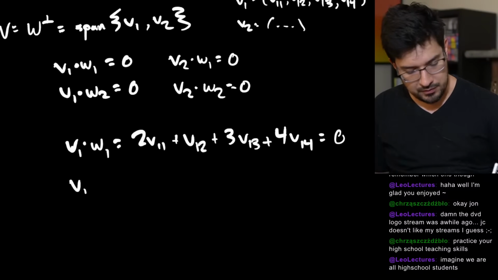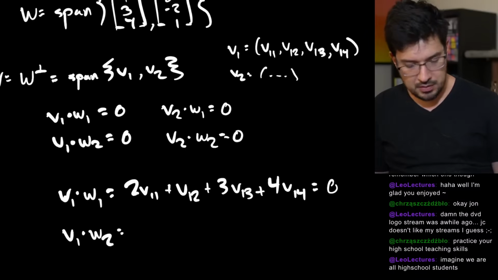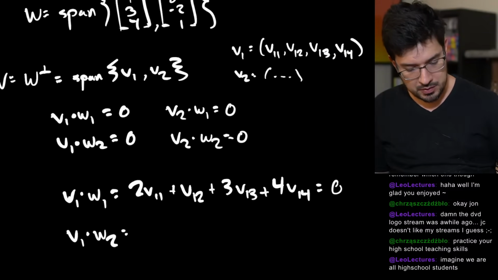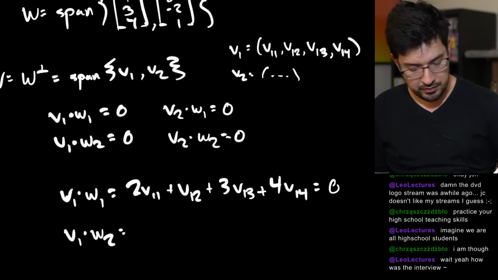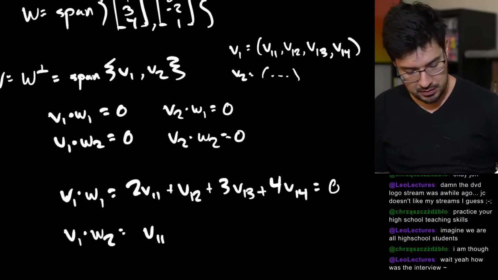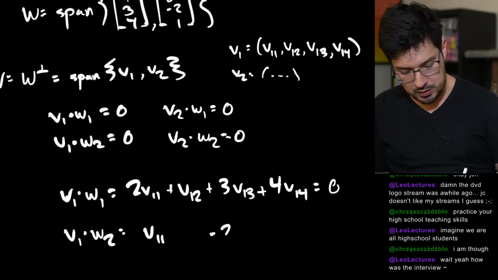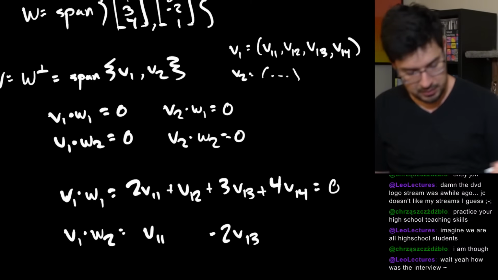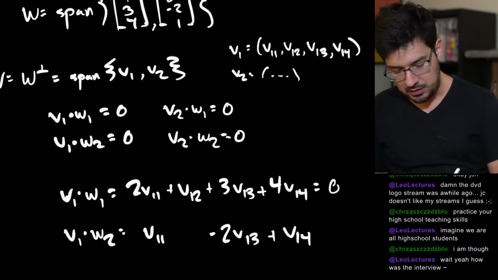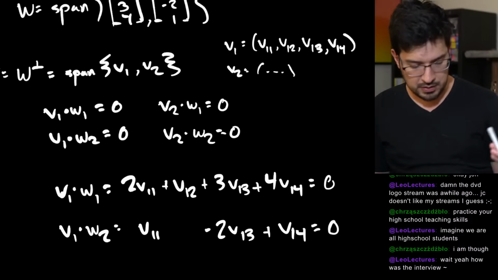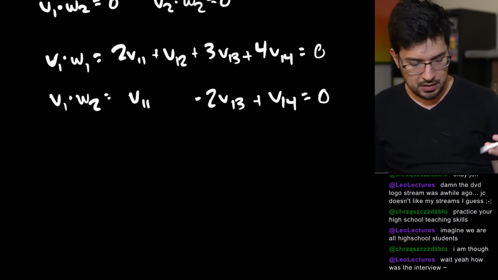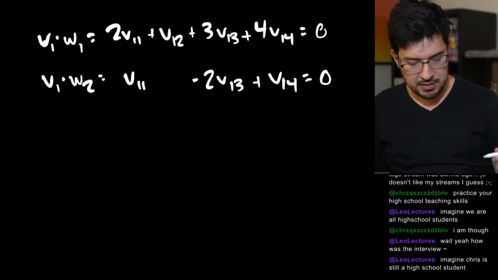And V1 dot W2 shows that V1 dot W2 is V11 minus 2V13 plus V14. And now we know that both of those are equal. So from this, we can get